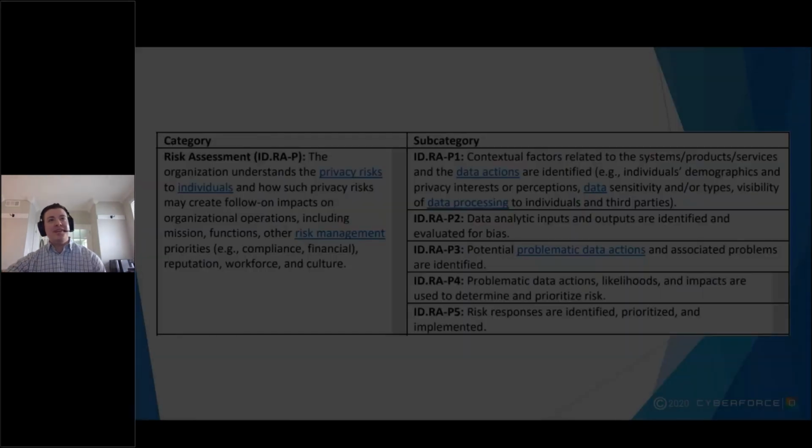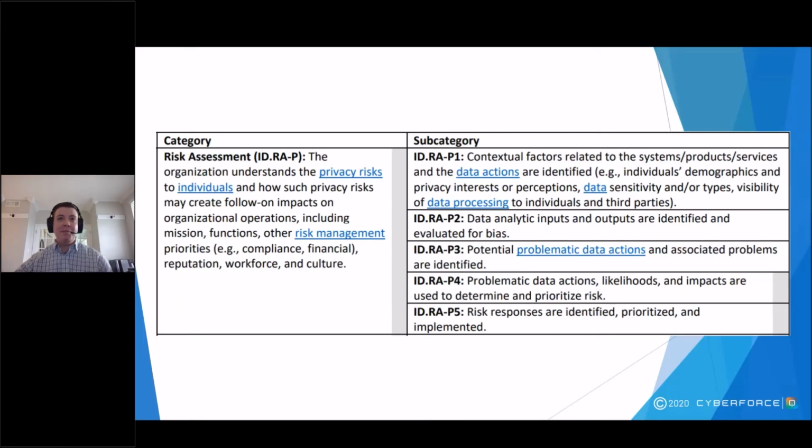As I flip over to the NIST Privacy Framework, you'll see the same logical category, risk assessment, but now it's within the context of privacy. The controls are similar, but in this case, they're about understanding the context of privacy data, making sure that privacy risks are identified, and then in a very similar way, tabulating and then prioritizing those risks. We'll talk about it more in just a moment, but you're probably starting to get the feel that these frameworks can operate well together.